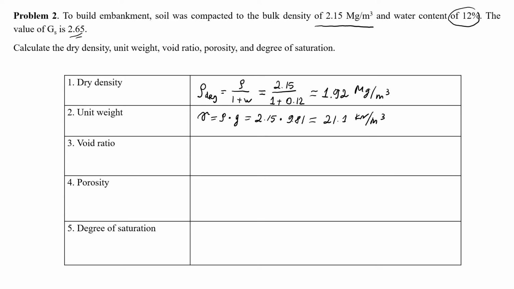Make sure that your results make sense. The unit weight should be in the range from 15 to 21, depending on the density of soil. So in this case, we'll see that the unit weight is at the high range, which means that the soil was compacted to a high level and it's really dense. And also remember that the unit weight has different units from density. It's kilonewton per cubic meter.